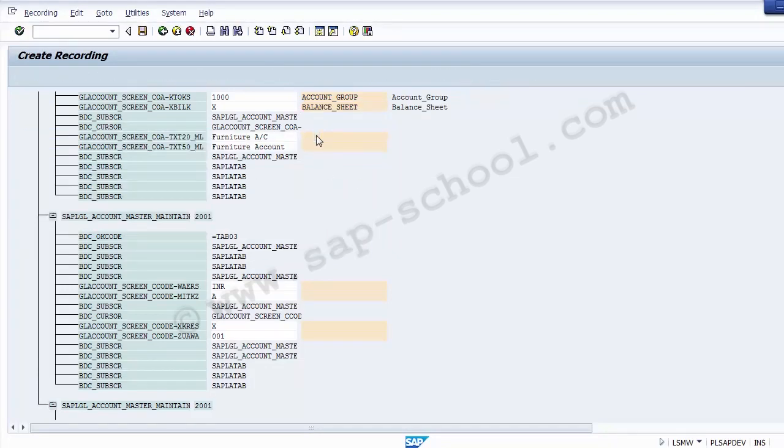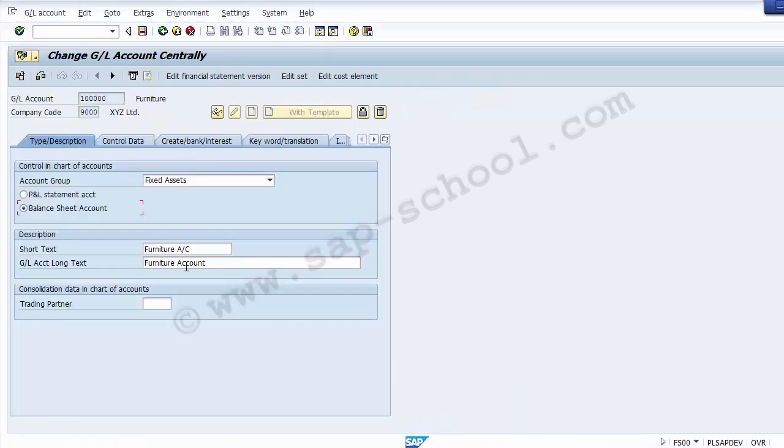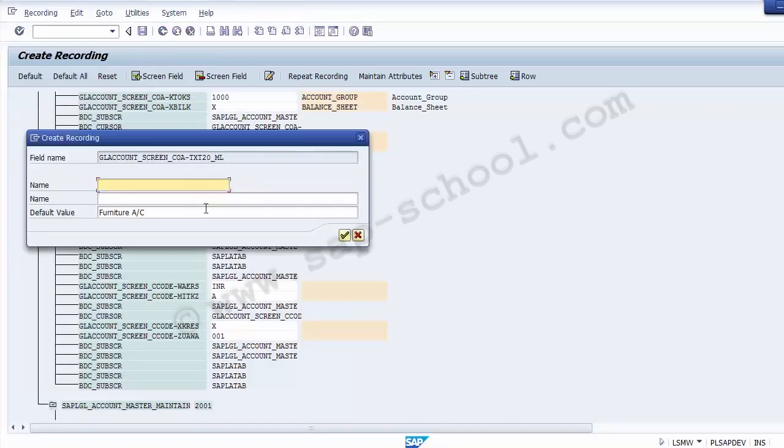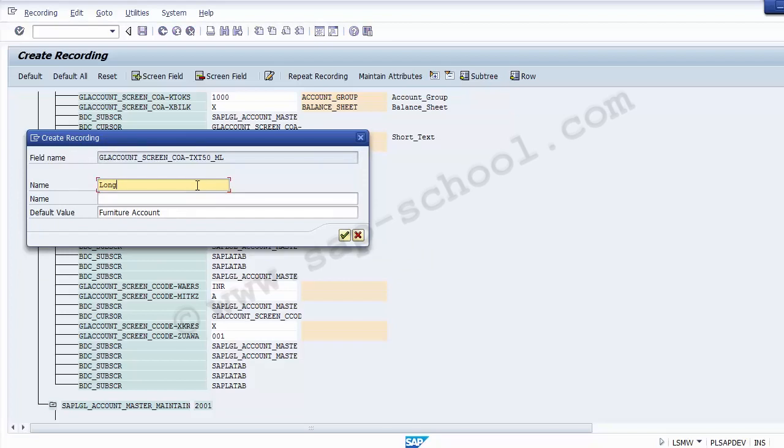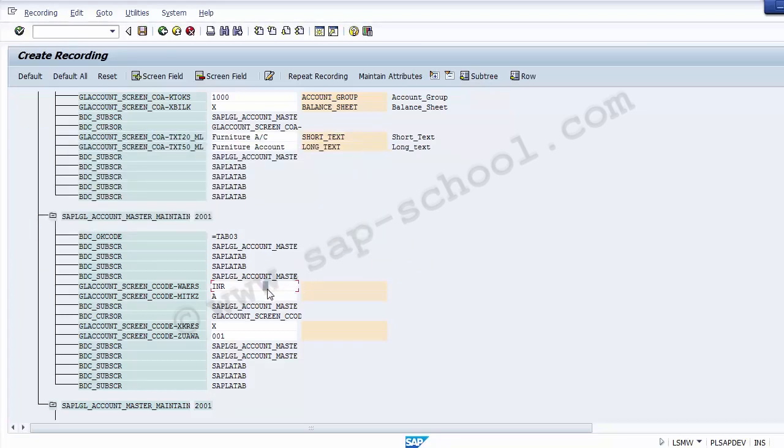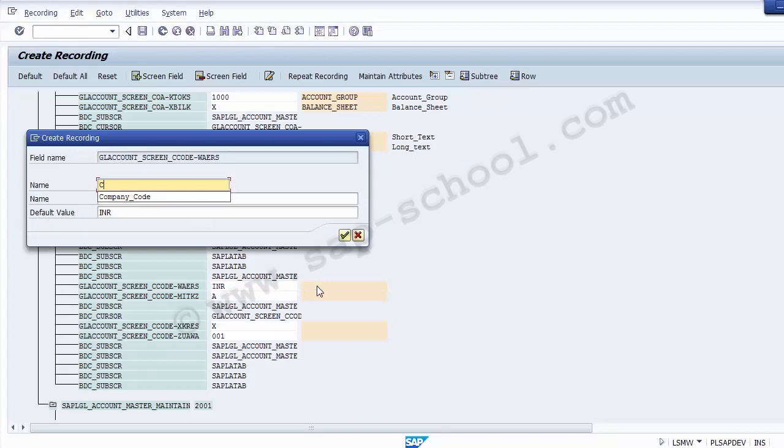Okay, moving to the next now is the furniture account. So you can check back again, this furniture refers to the short text and this furniture refers to the long text. So the short text can be assigned over here to it, the same can be copied in the next part for description, and then you can take the long text, same can be copied in the next part. Then you can move on over here, this is the currency, and you can copy,